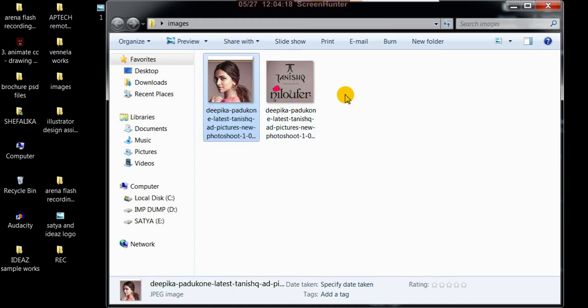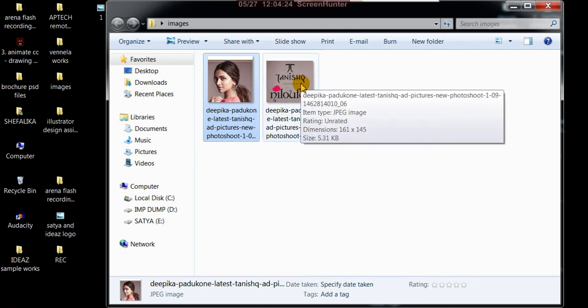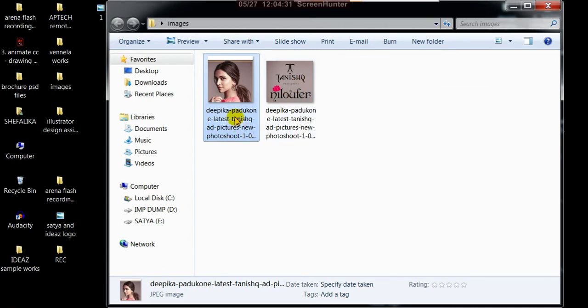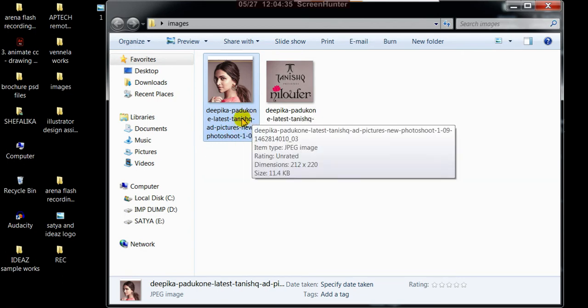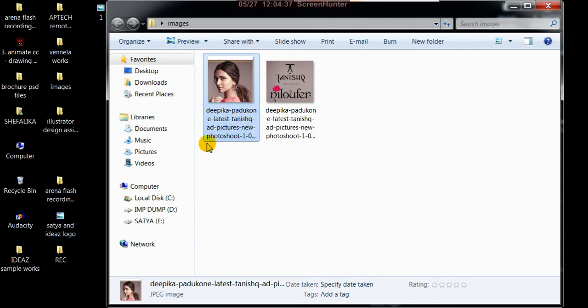So web designers cut the image, they cut the design area into pieces, slices, and for the web interaction, for the user interface experience, they cut that, and they link those slices with the HTML language. So automatically this will create the user interface experience.